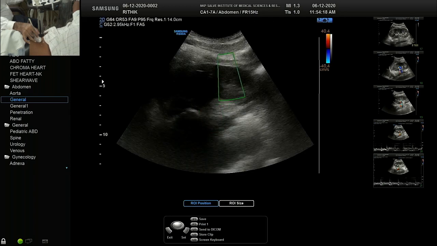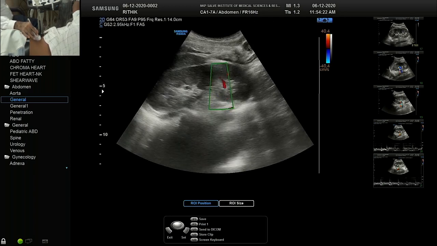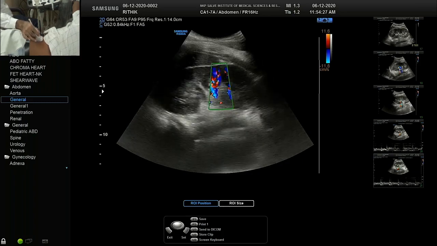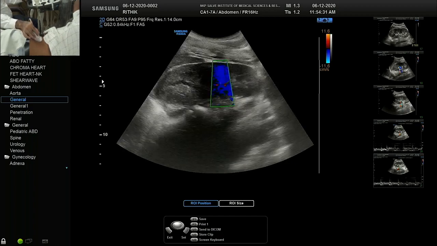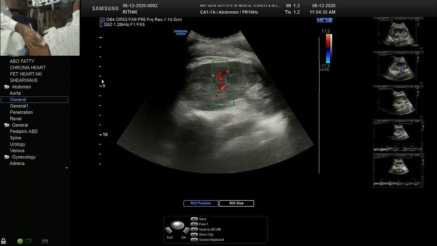Till the time he relaxes, we just locate the segmental arteries. Our PRF was high for the renal artery, we reduce it again. So keep an eye on parameters what you have adjusted, and always remember to come back to normal or come back to the desired level at that particular level.